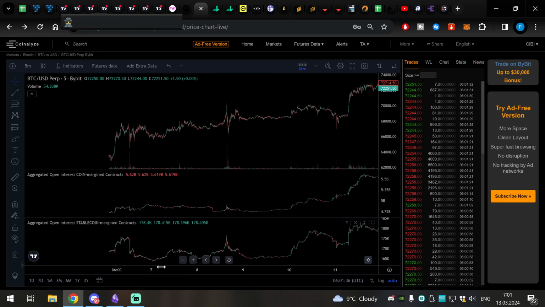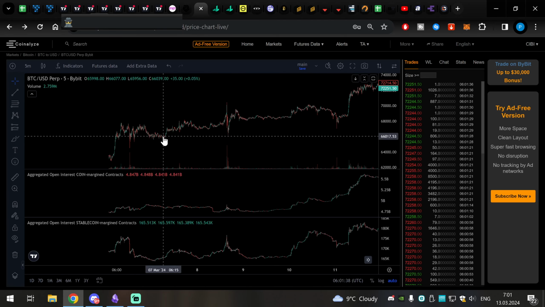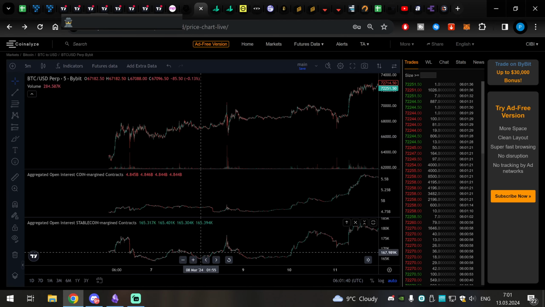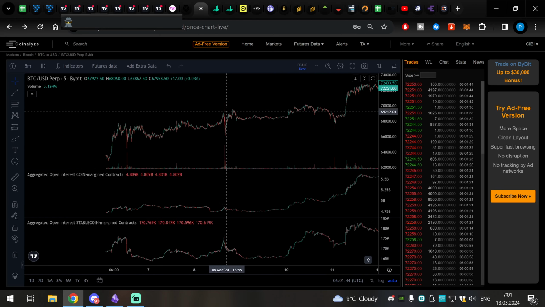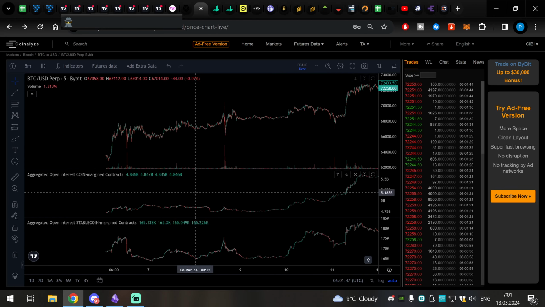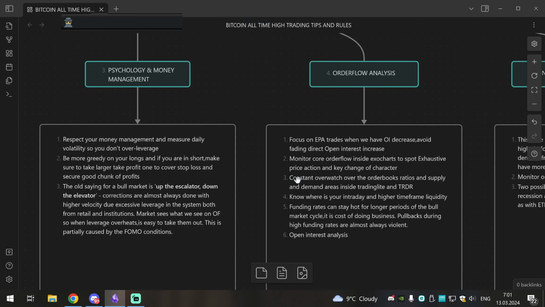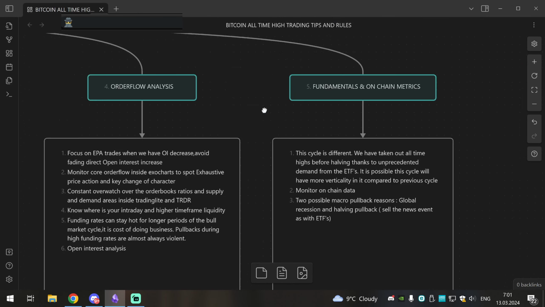Yet again, open interest is declining. Look at the price going just sideways. Okay, low interest, still price going very low and sideways. Once open interest increases, your chances for violence in the market are increasing. So simple, traders. Okay, so we went over this module as well, and now we have the last module.